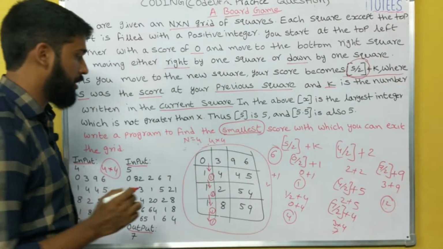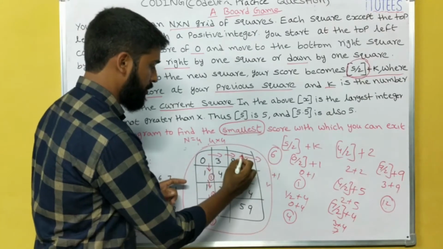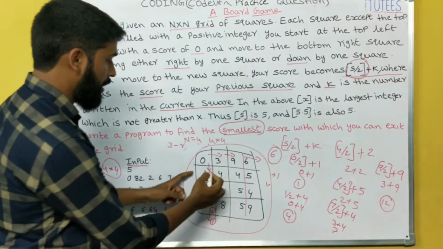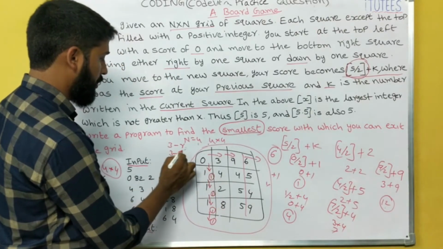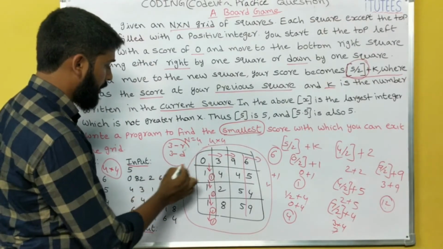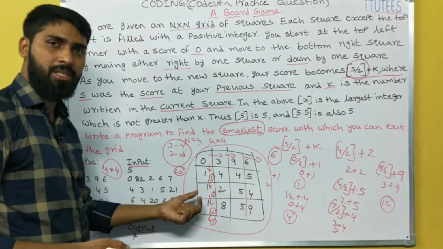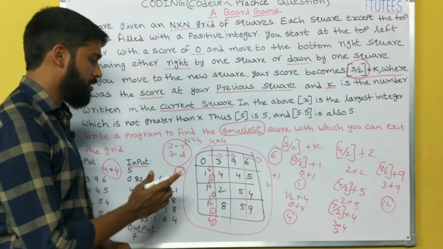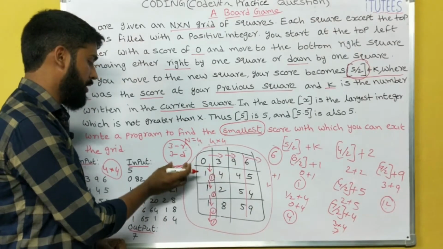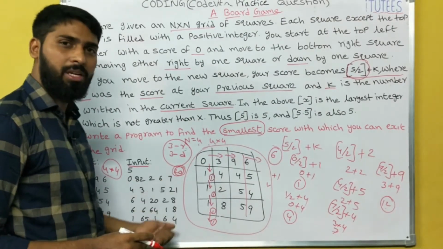4 by 4 grid. So how many rights are you going to move? 1, 2, 3. 3 rights. How many downs? 1, 2, 3. 3 downs. So if you travel in all the directions, we get 20 combinations. In some cases we ignore some cases. You can find these values for all the directions and store them in a list. Then you are going to find the minimum value in that list.